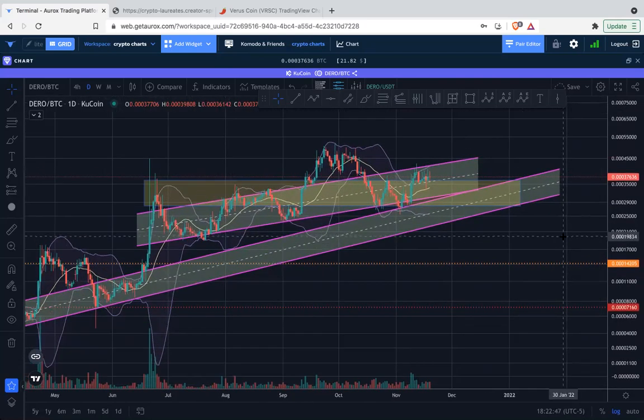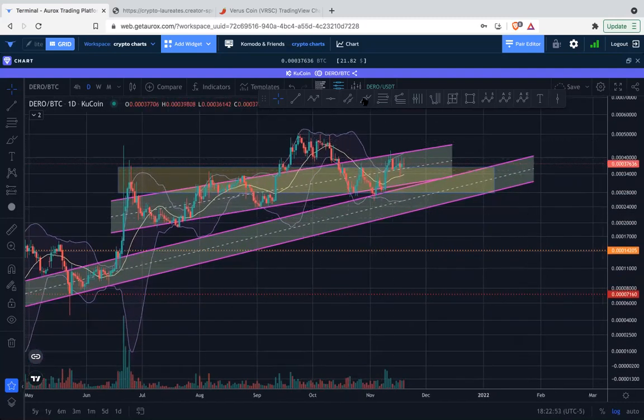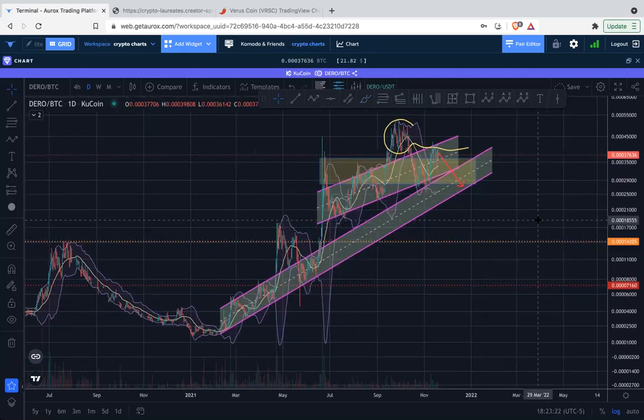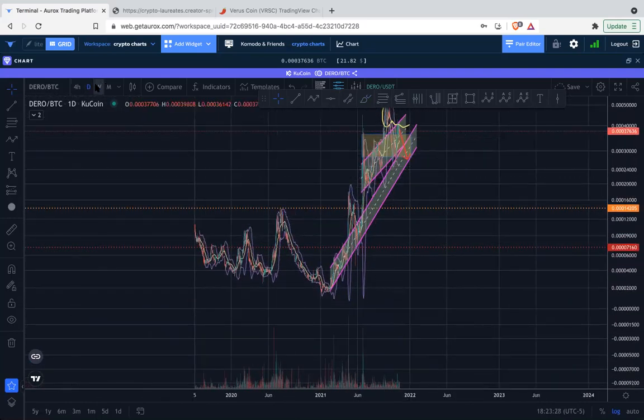I'm enjoying it. This is a daily price chart, okay, and the sense is though that these levels here are going to be held as resistance, and the price is going to find its way back down, at least to the bottom of this channel, is my sense, and then probably at some point it's going here. But then I don't know, then we start really getting dicey. But again, this level down here at the 15,000 is always in play. Like these charts, they go up and then they come down. And you know, on a weekly level,